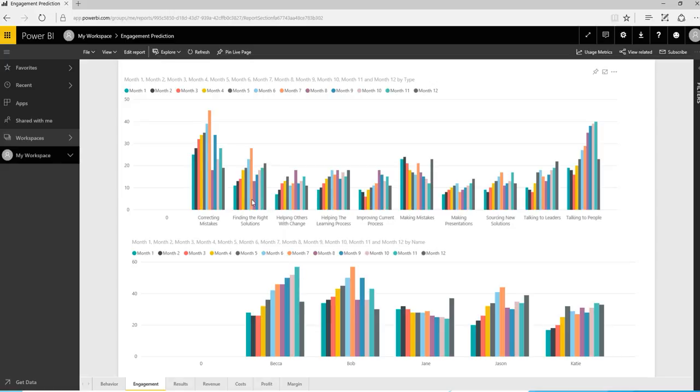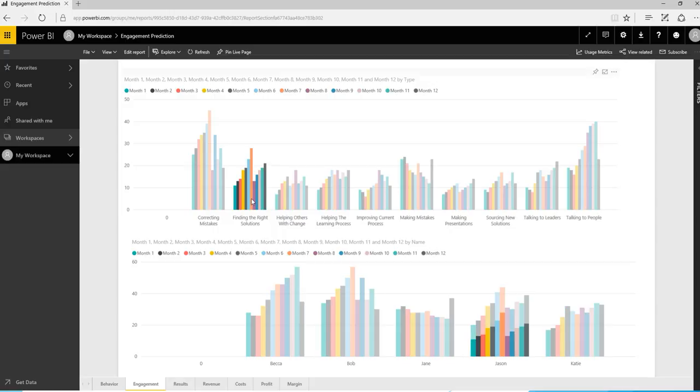As we can see here, we can see who's finding out. Jason's finding all the right solutions. Maybe we should have him do a presentation. Well, who's doing presentations? Maybe he should talk to Jane and find out how she's doing presentations. Well, who's fixing their mistakes? Oh, Bob is fixing a lot of mistakes. Maybe he can give us a talk on process improvement. Or what about sourcing new solutions? Oh, Becca's finding new solutions for all of our products. So maybe we should all talk together and help each other out. Because as we can see, Becca's also doing a lot of talking. So maybe that's the reason why our cost is dropping. So again, we see a lot of things are happening, and they're going about the way to make sure that we are achieving all that.